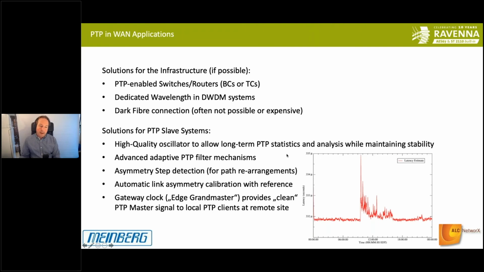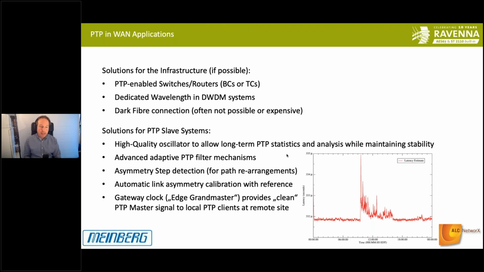So you need in these PTP slave systems a high quality oscillator to allow a long-term measurement of PTP statistics and some analysis of the incoming PTP signal. And while doing this analysis, you can maintain the stability of the clock with that high quality oscillator. Due to the fact that the